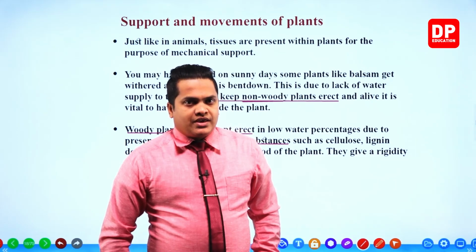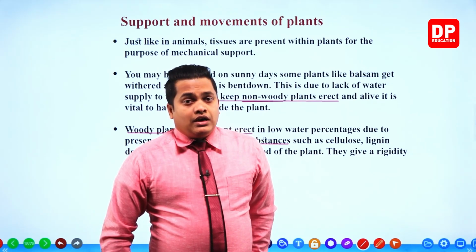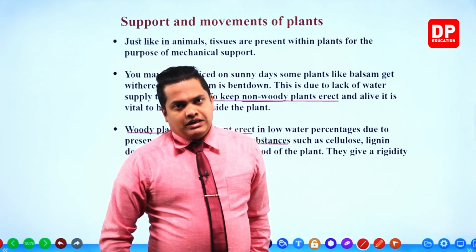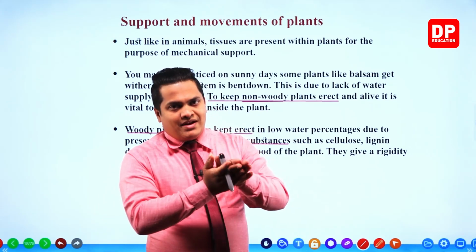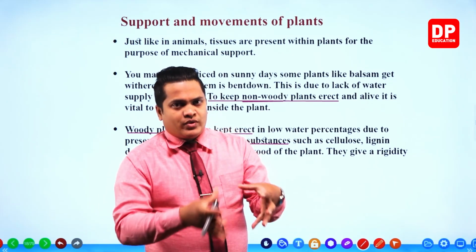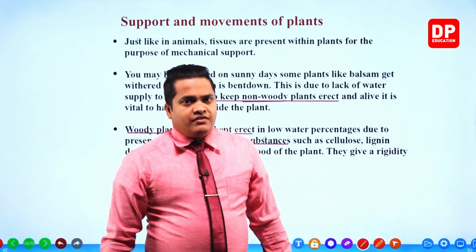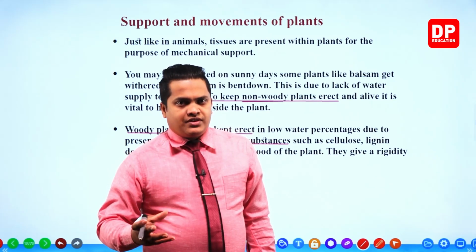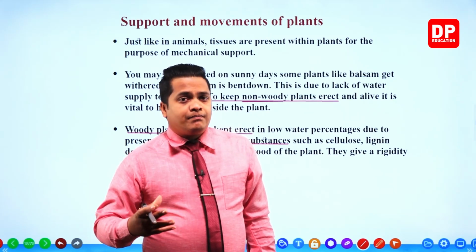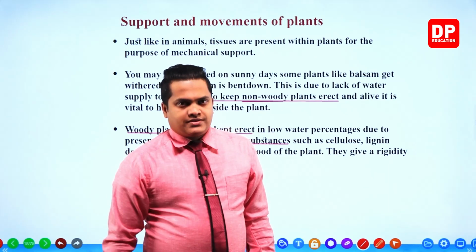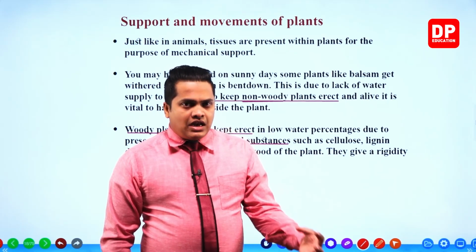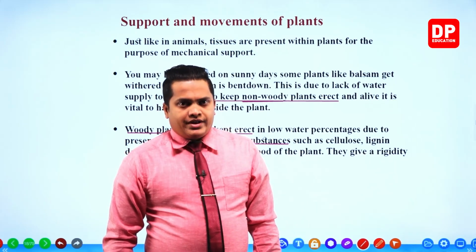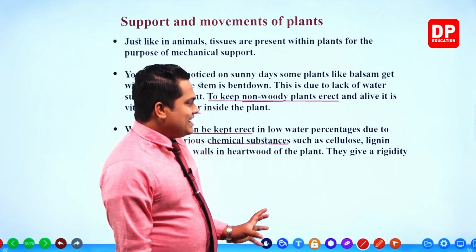So when several layers are bonded together with the deposition of lignin, what will happen? The strength of the plant stem will increase, and it will allow the plant to be held rigid in the soil. So lignin and cellulose